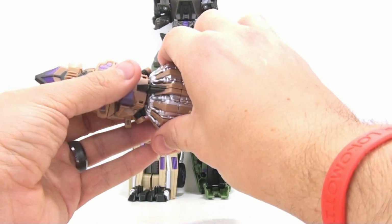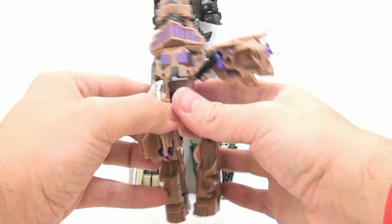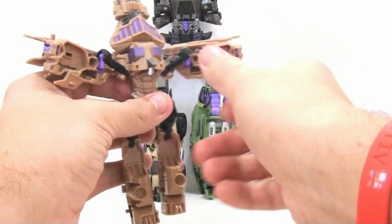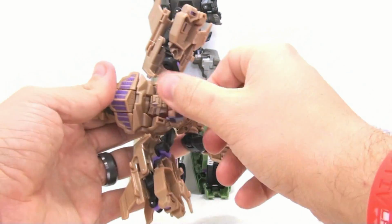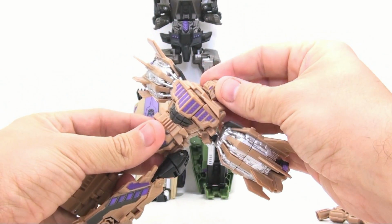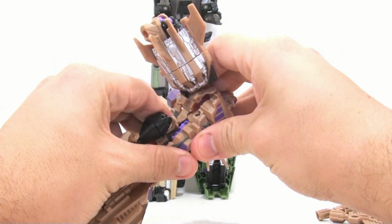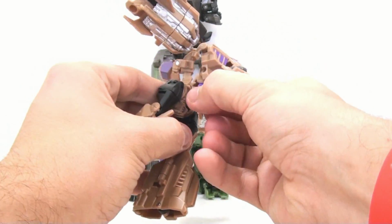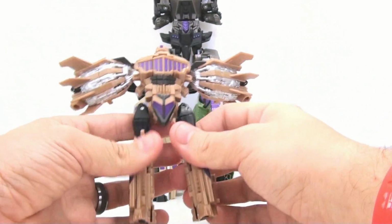Take this section here, fold this back, and then separate this, and then just rotate these up and around. Take this section right here, untab this, fold that back so that when you rotate this, you're actually able to bring Blastoff's head out. I'm sorry, Vortex, oops. And then this is going to, if it's straight, come up in here, tab into place just like so, creating